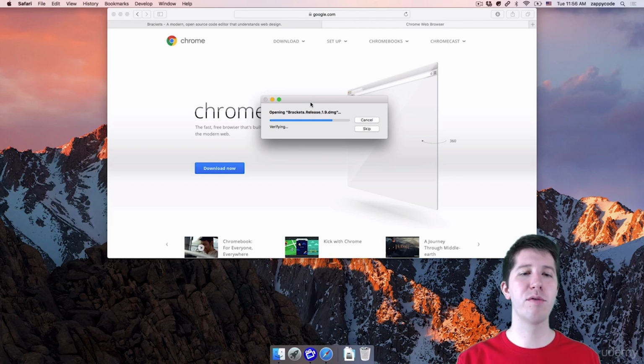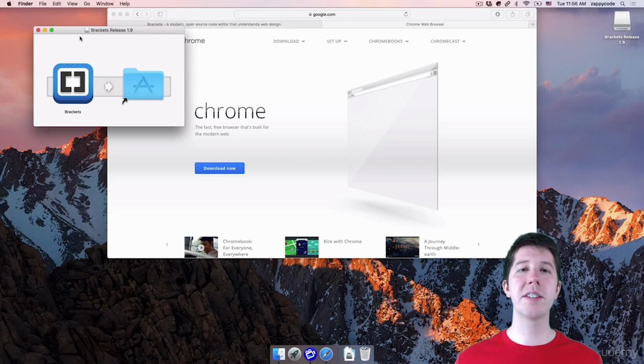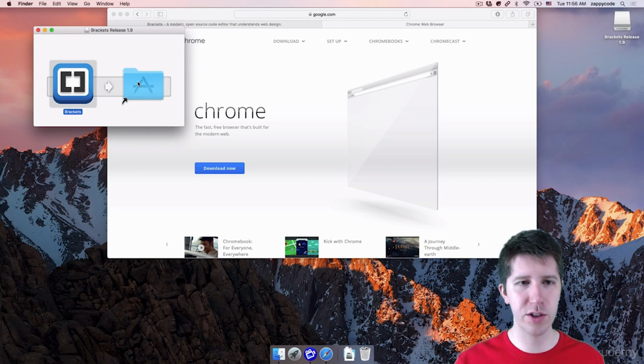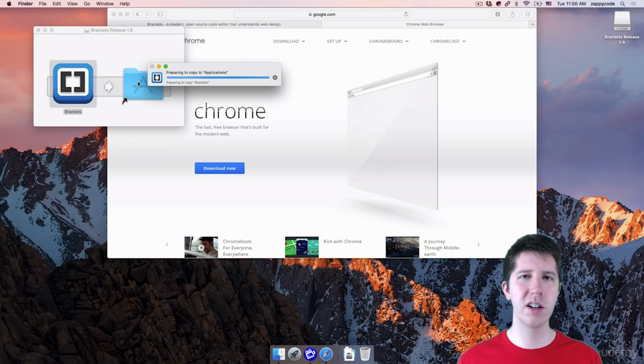Again, make sure if you don't have Chrome that you're downloading that and getting that install process ready to rock and roll. So once that's done, if you're on a Mac, it's going to show this little window where you need to take the Brackets application and move it into your applications folder. So go ahead and do that. Again, if you're on Linux or Windows, it's going to look a little bit different, but I'm sure you know how that looks on your system. So go ahead, go through that install process and make sure it gets into the right location.